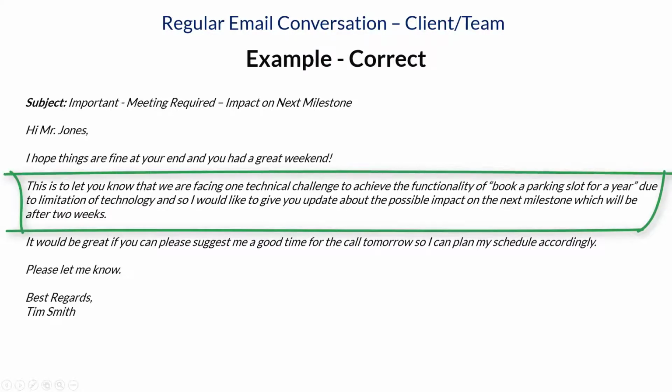Then the paragraph: "This is to let you know that we are facing one technical challenge to achieve the functionality of booking a parking slot for a year, due to limitations of technology, and so I would like to give you an update about the possible impact on the next milestone, which will be after 2 weeks." In this paragraph you can see the impact and the problem are correctly explained. What is the impact on the next milestone after 2 weeks, and what is the problem?